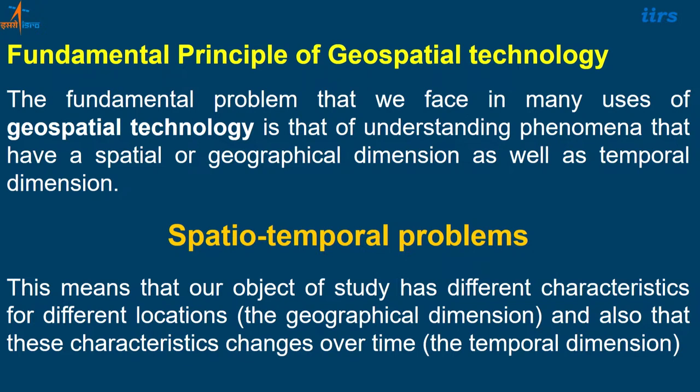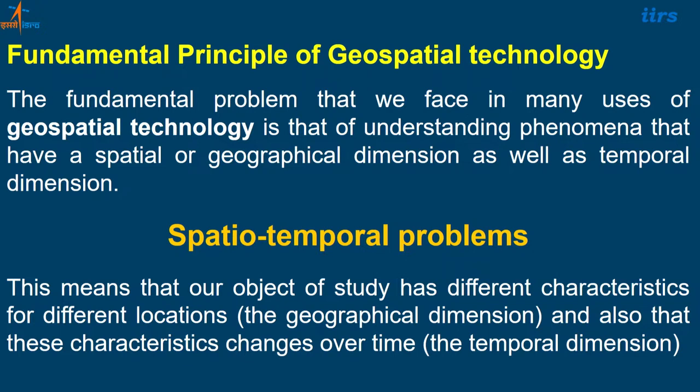It has both a spatial dimension and a temporal dimension. Spatial dimension means where it is on the surface of the earth. Temporal dimension means when it was there, because over a period of time it can change as well. We need to specify that time also. At this time it was at that x location.